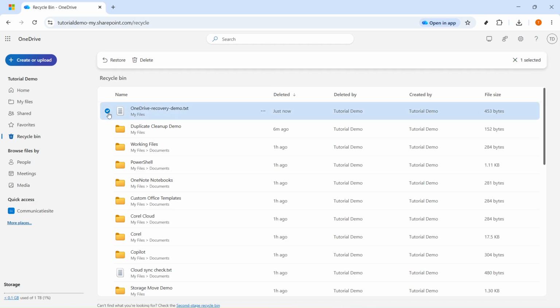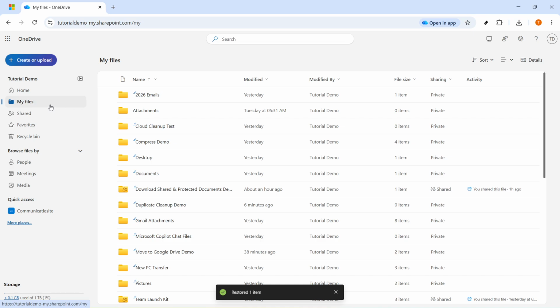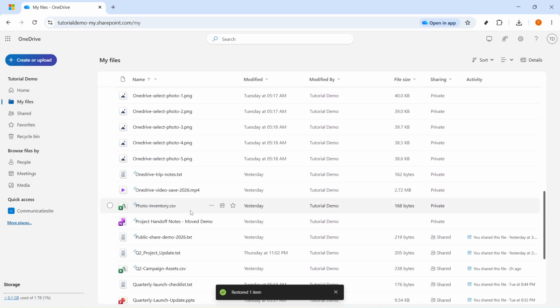With your file selected, you're ready to restore it. Look at the top of the page where the command bar is located. In that command bar, you'll see a button labeled Restore. Click Restore, and OneDrive will immediately start processing the recovery. Wait a moment until the file disappears from the recycle bin list. Once it's gone from this view, that means it has been successfully moved back to its original location in your